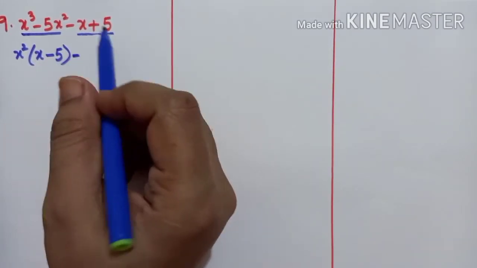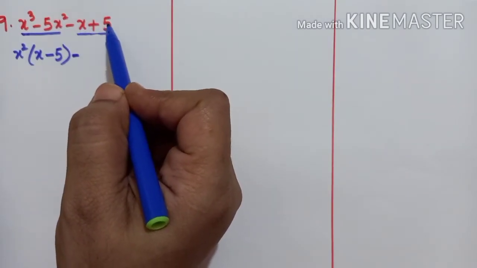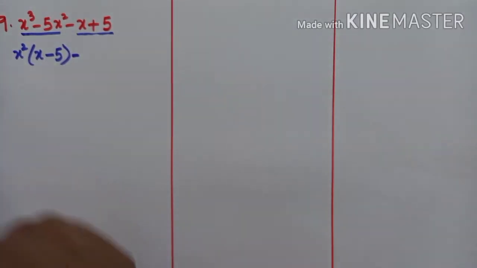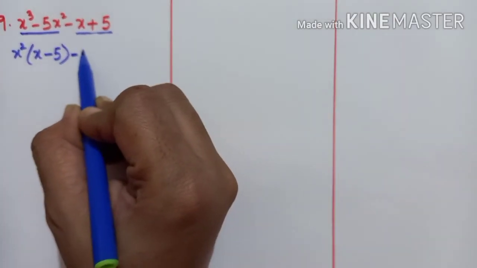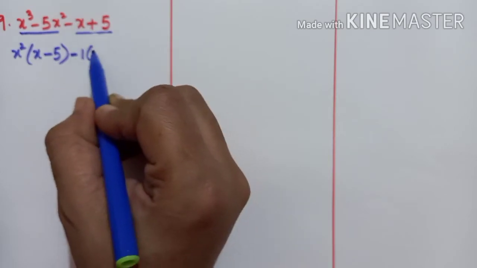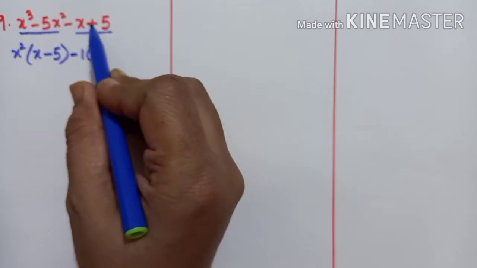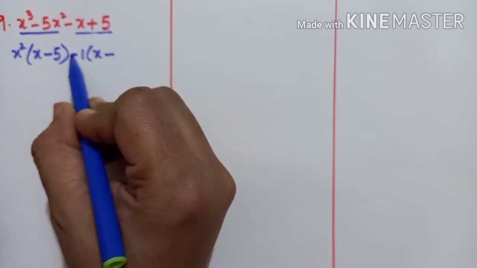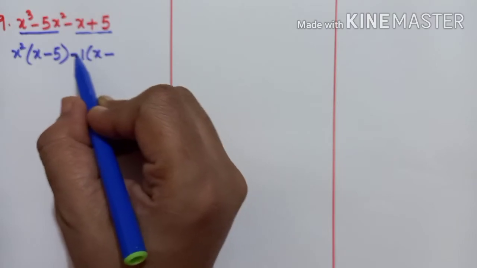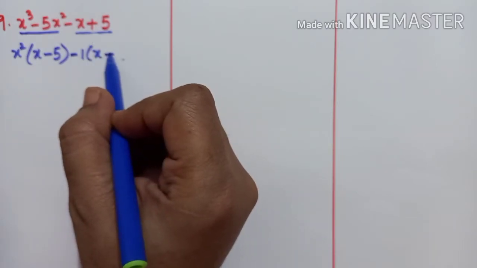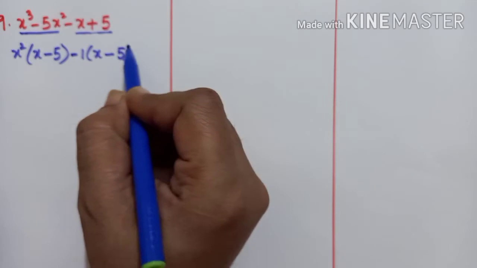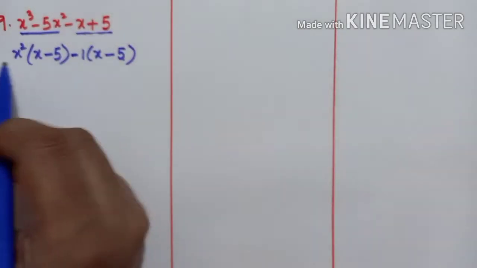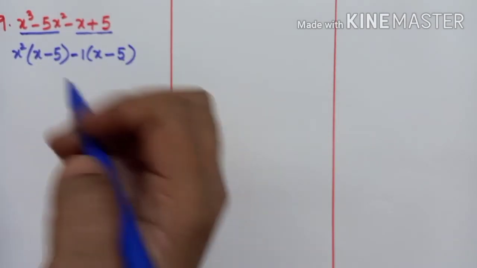Okay, now minus, here x is there, here 5 is there. Here constant and here variable. So what can you take common? If nothing is there, then 1 can be taken as common. So 1 I'm taking common here, and the remaining is x only. Now here plus is there, so minus already common we have taken. So minus into minus will be plus. So minus already when you have taken, then you have to write minus here. Then 5 as it is, because 1 times x, then 1 times 5 will be 5. Okay, so now x minus 5 is common.